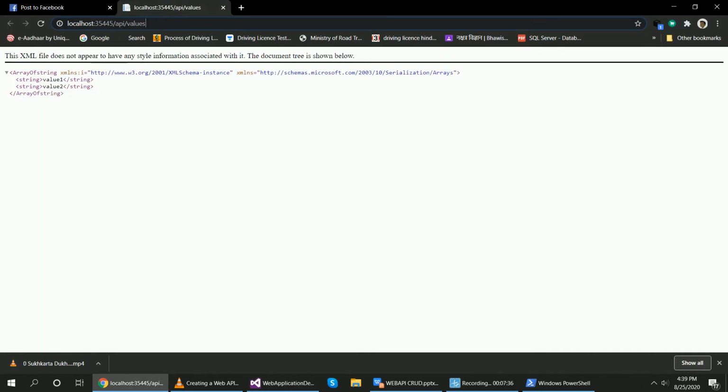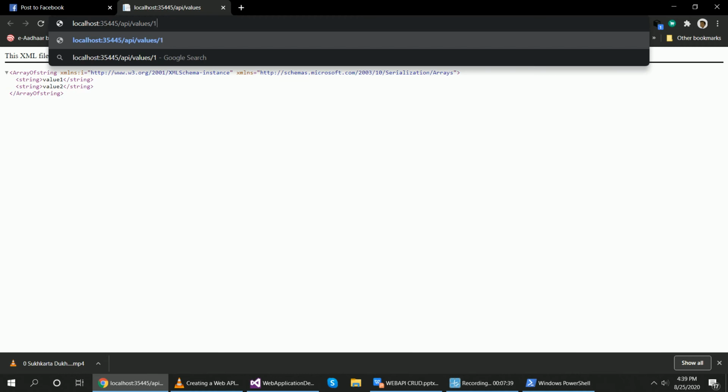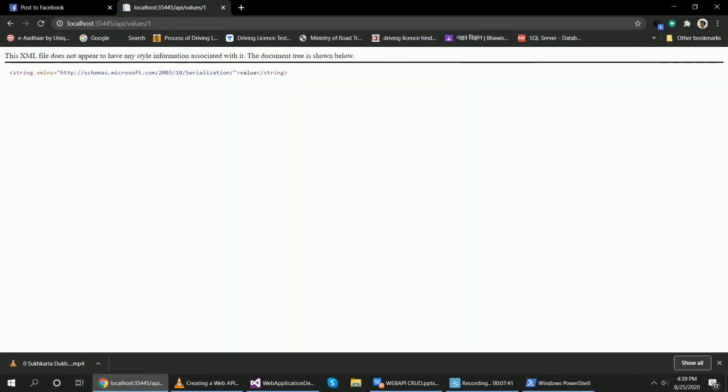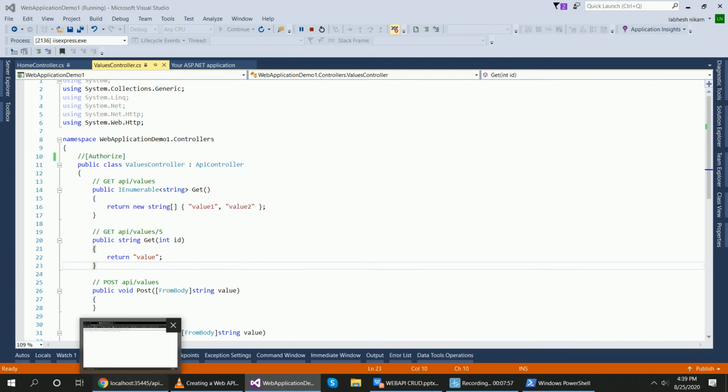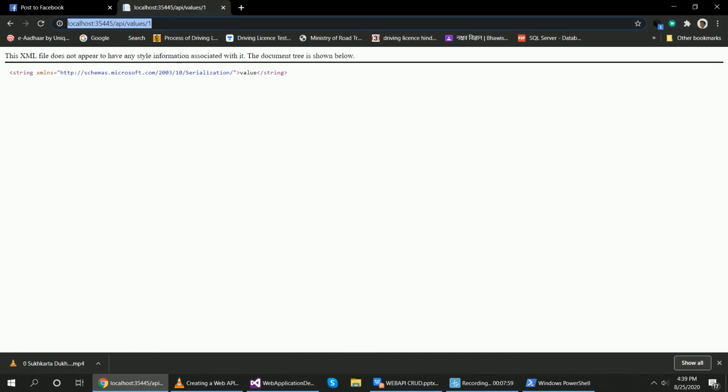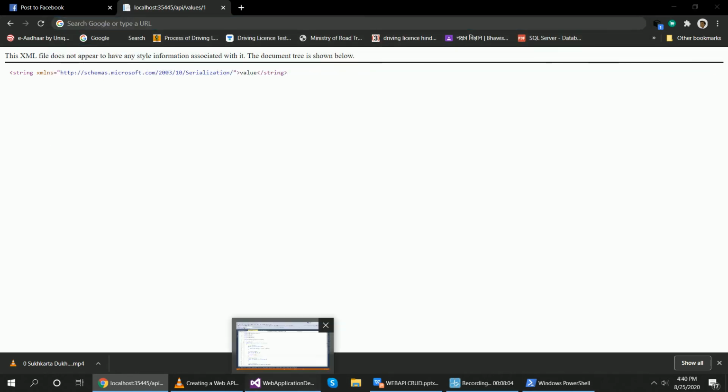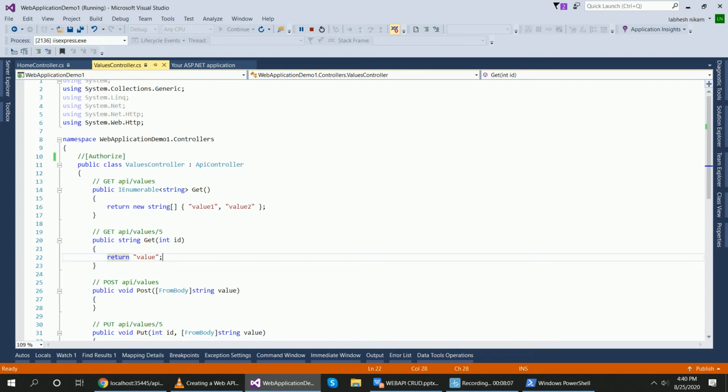Now if I want to display only the first string, it will display value. Why? Because inside of this get method with the parameter, it returns only value. Whatever you pass, even 2, it will display only value. Why? Because the return is a fixed string value, so whatever ID you pass, it will display only value, right?